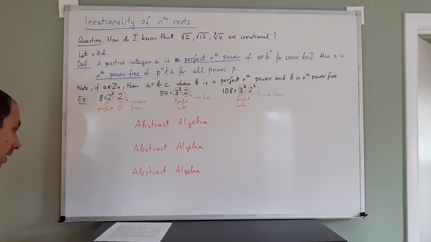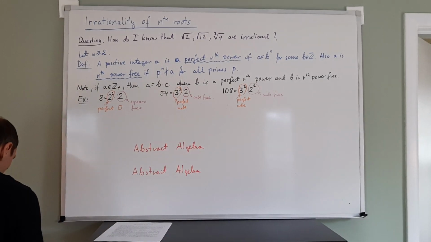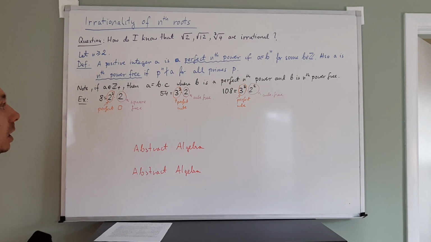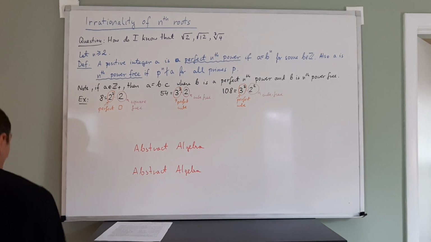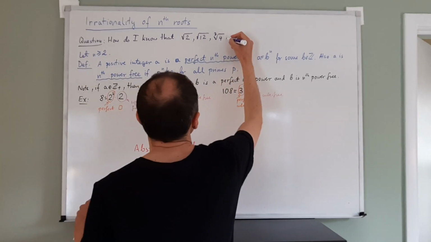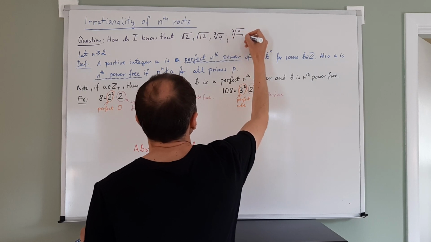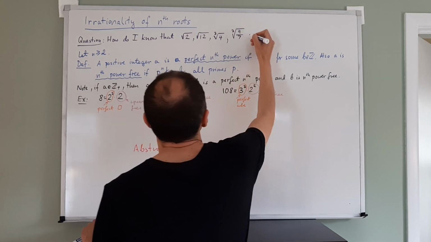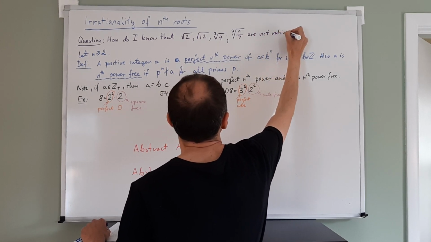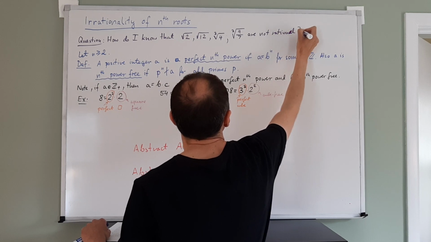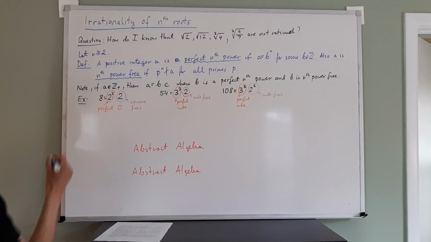So this notion can be extended to rational numbers. And just to make it even more comprehensive, I can extend this question to ask, for example, about the cube root of 9 over 7. Right, 9 over 7 is not an integer. So definition,